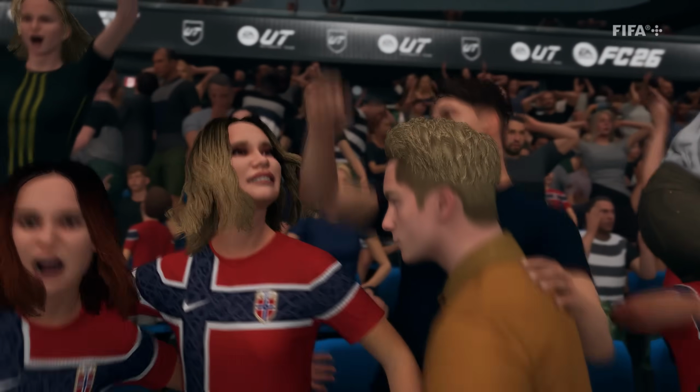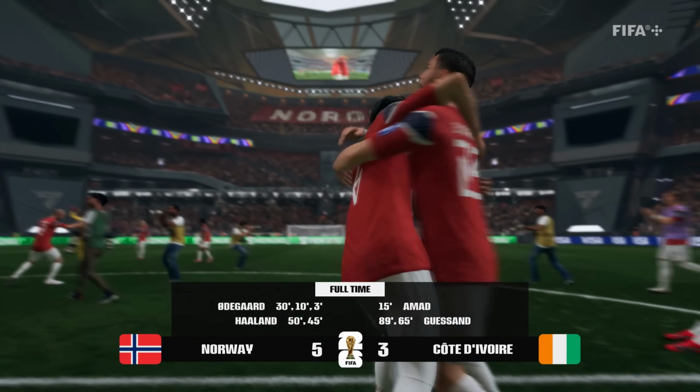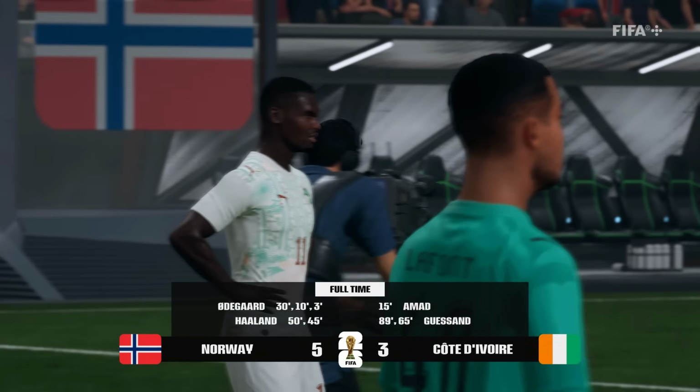Look at these scenes. Yeah, you've got to feel for any team to lose at this stage, but it's about performing in those big pressure moments, and that's exactly what they did. They thoroughly